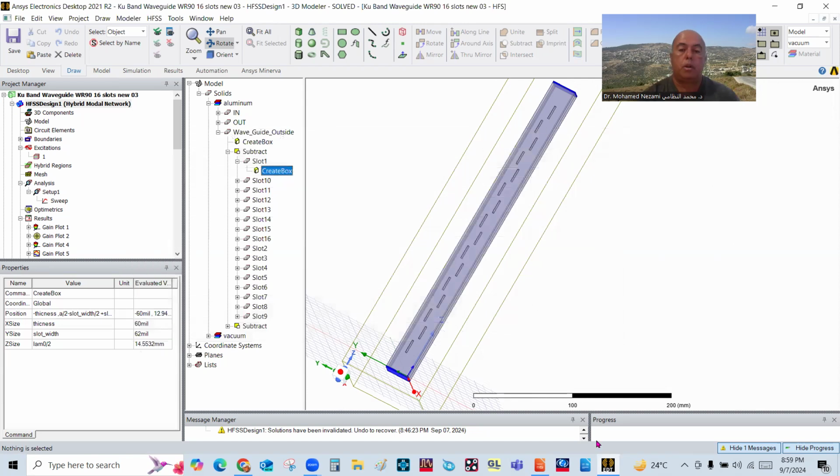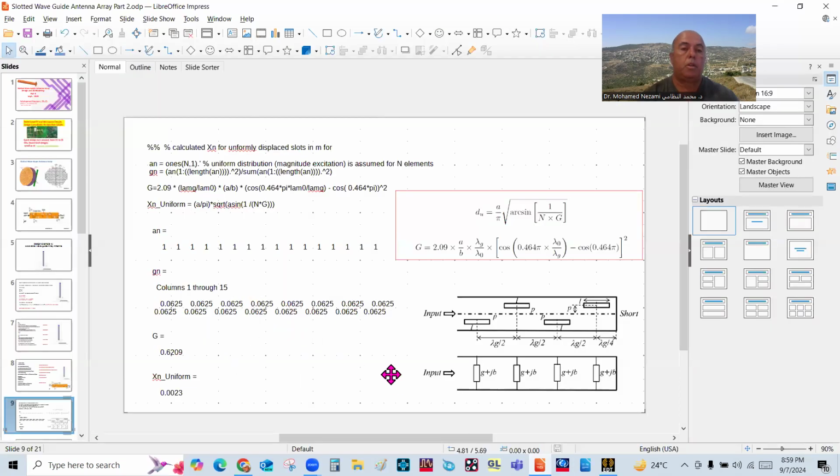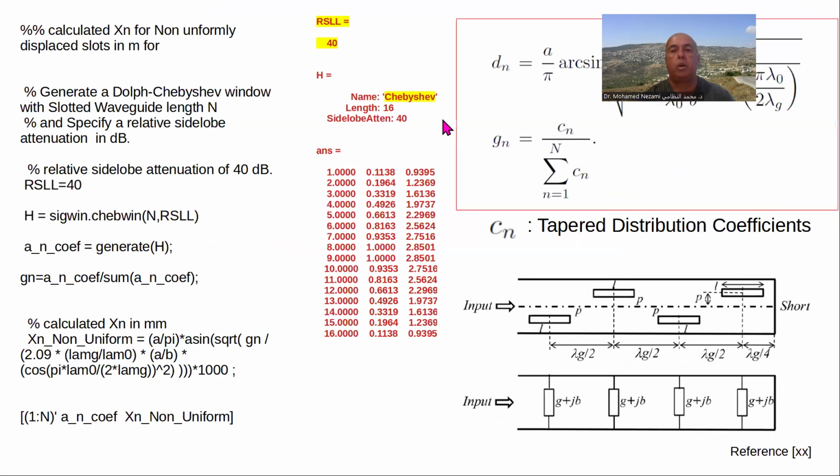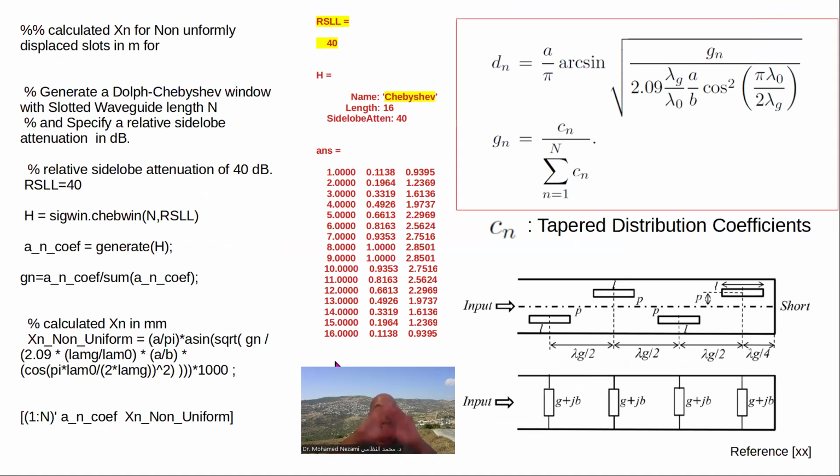Okay, so that's for uniformly spaced. Now, in a lot of cases we really need to taper the beam, the radiation pattern, and that's where we use either Dolph-Chebyshev windowing, or Taylor, or binomial. So what I did in here, I said, let's use a MATLAB function, which is basically Chebyshev wind, which